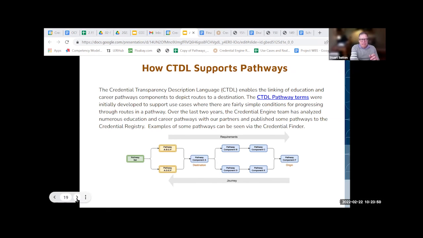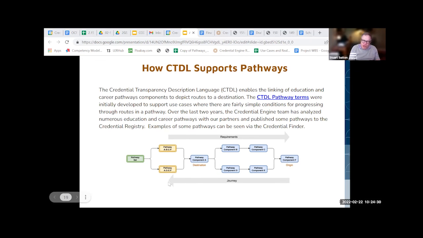I would say a little bit more about it. The original design and intention was that we be able to express pathways of various sorts, and by that I mean various structures. Here we see a pathway where, if you read it, the blue nodes on the far right and on the far left have origin and destination. Origin is where a learner comes into the pathway, and the destination is where they end up, the goal that they have set.